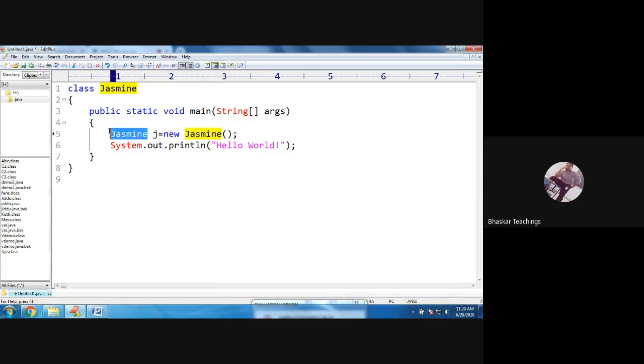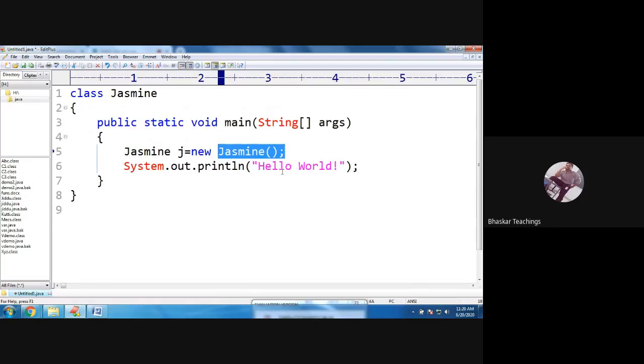So this is the class name for which you are going to create an object, this would be the reference variable name, the object name, and this is the new keyword. When the new keyword is encountered, all the instance members will be loaded. And what is this? Today we are going to learn this part. This is nothing but a call to a constructor.